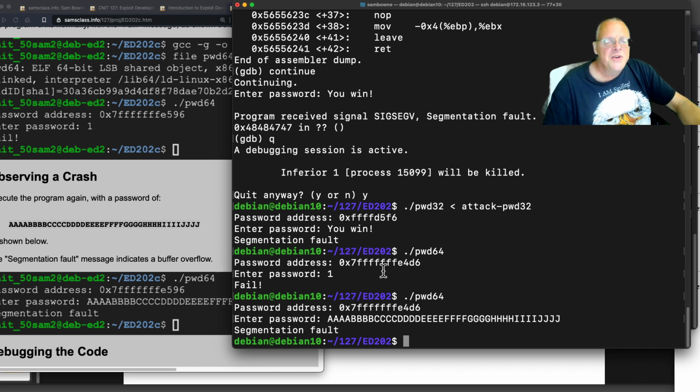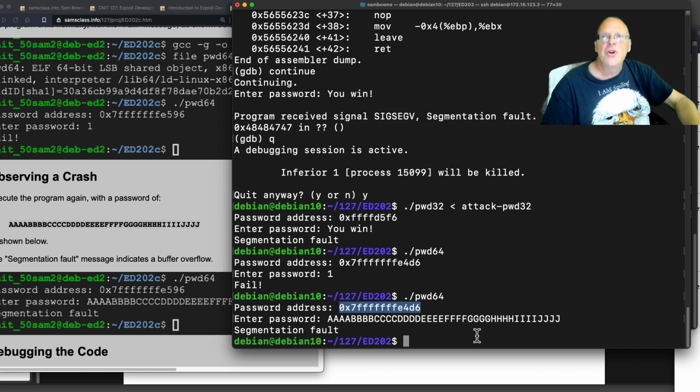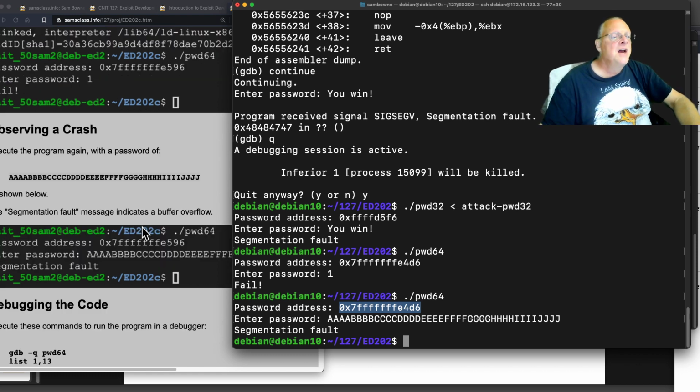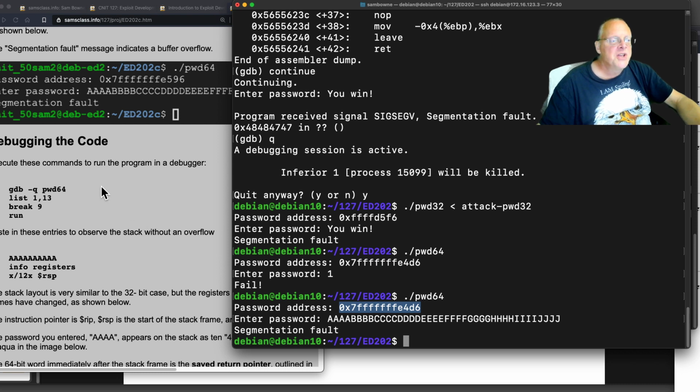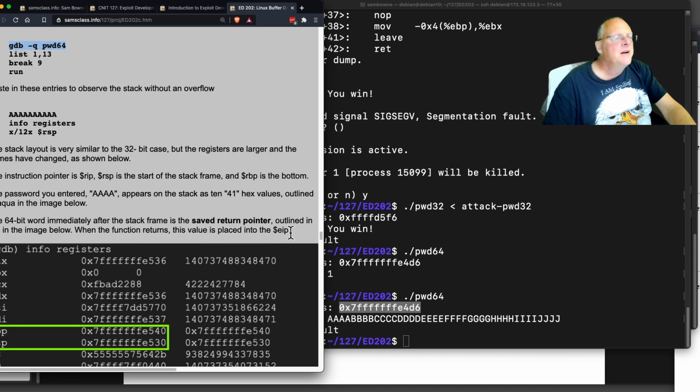Notice the addresses are much longer. These are 64-bit addresses, 8 bytes instead of 4 bytes, but the address still does not change as we run it over and over, because that system-wide variable turning off randomized VA space affects the 64-bit code as well as the 32-bit code. So we can debug it the same way,